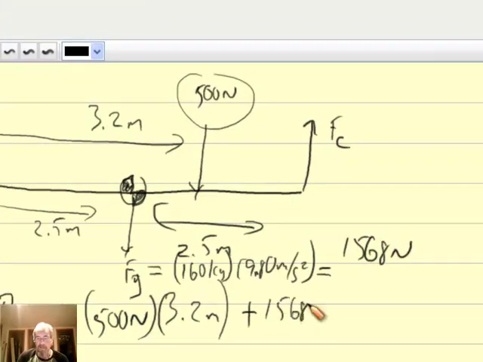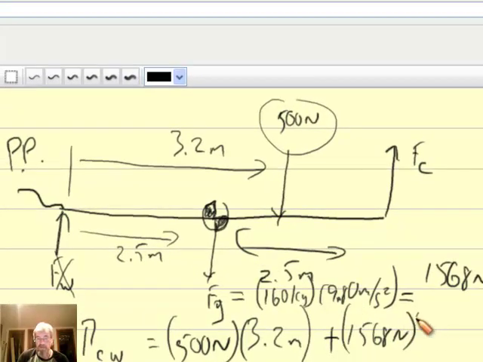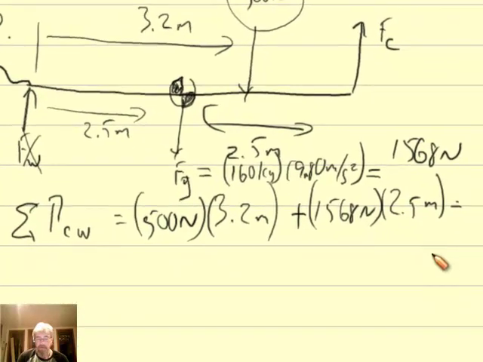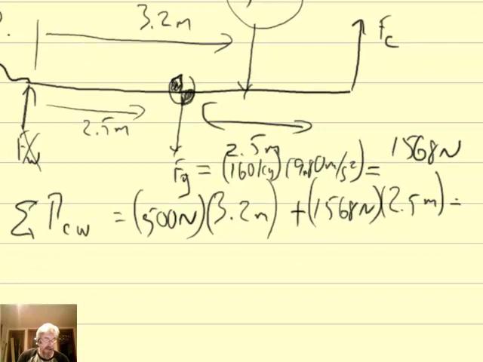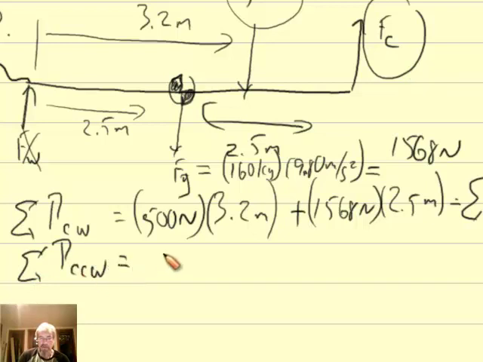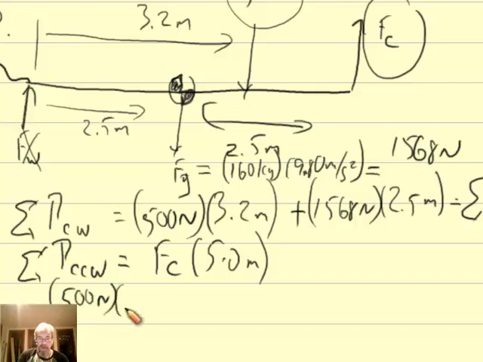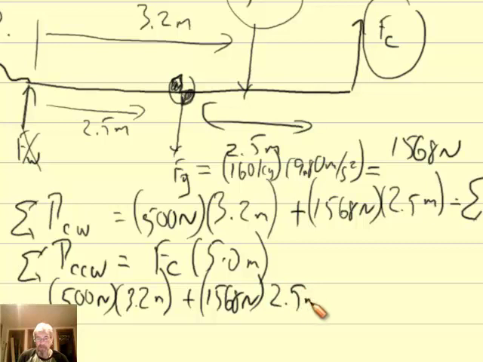So I've got that force, 1,568 newtons, acting at 2.5 meters from the pivot point. When I do these calculations, add it all up, then I should have a match to the other torque. Well, the counterclockwise torque that's here, the only one there, is due to the force of the crane. So that sum of counterclockwise torques is equal to force of crane times the lever arm. Well, the pivot point is 5 meters away. That's the length of the beam. So I can set these two equal to each other. So 500 newtons times 3.2 meters plus 1,568 newtons times 2.5 meters has to be equal to the force exerted by the crane